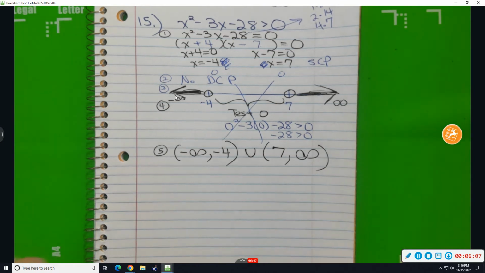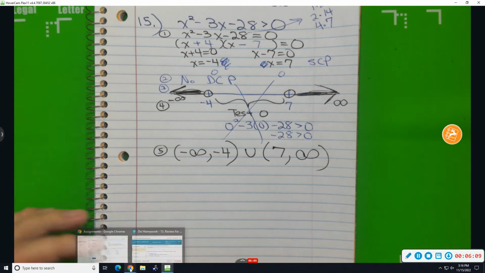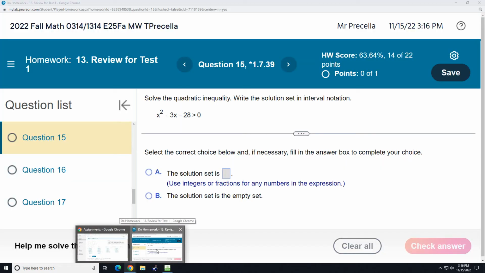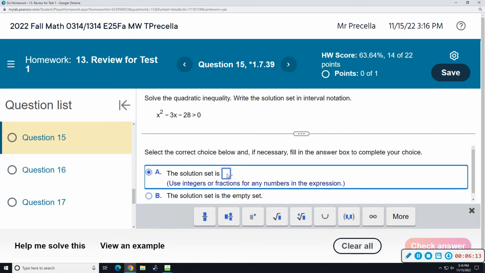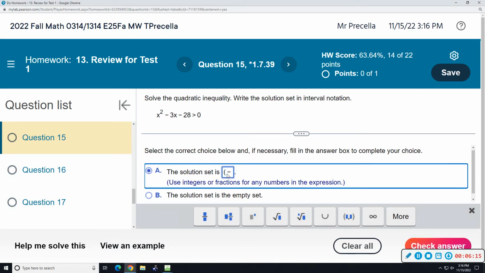I agree. Negative infinity, comma, negative 4, close parentheses, union,